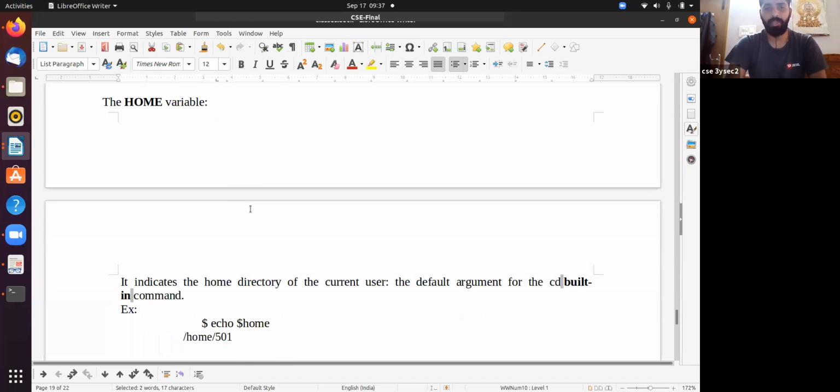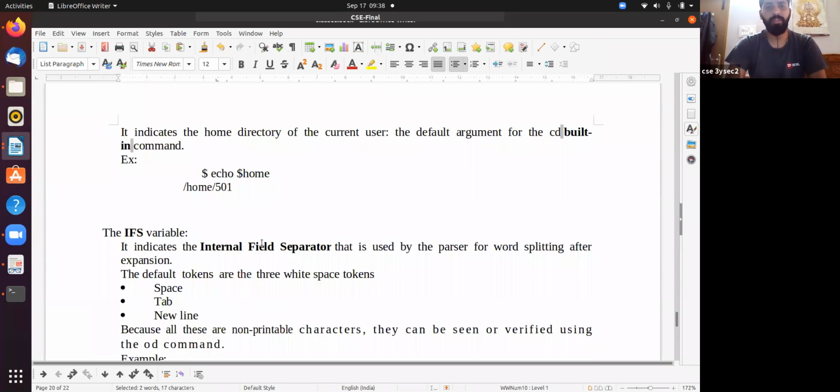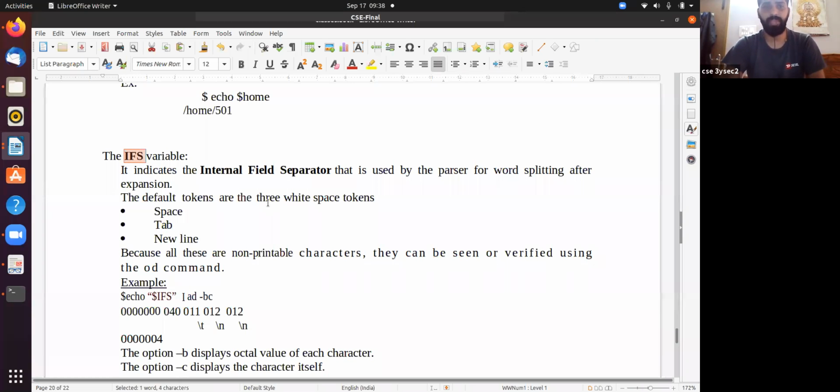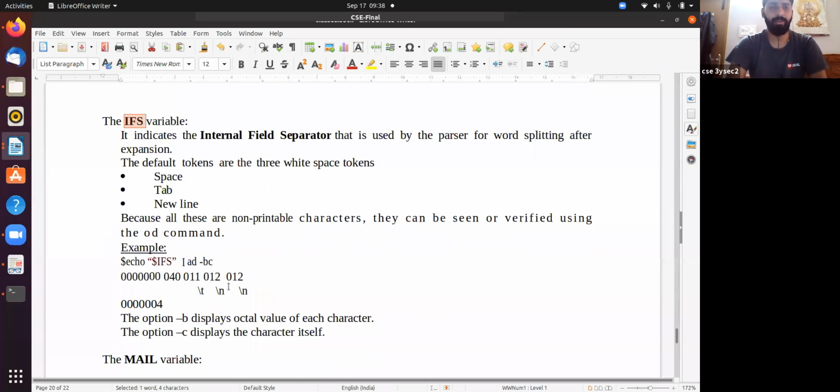The HOME variable indicates the home directory of the current user. IFS means internal field separator. By default, it is space, tab, newline. We can change that by using this IFS variable.